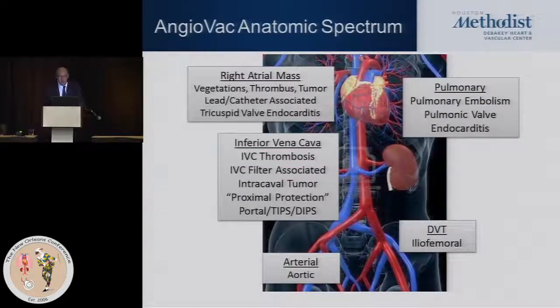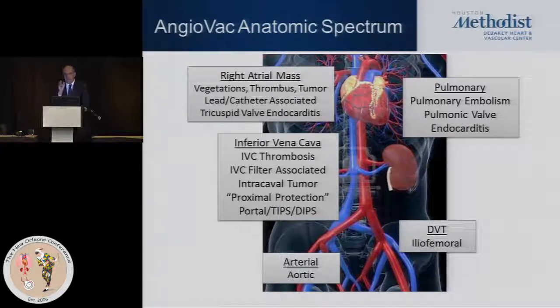So the spectrum in which it can be used really includes right atrial masses, vegetations, thrombi, tumor, tricuspid valve, etc. The inferior vena cava, and we mentioned examples of that. The arterial system, it has been used, very little experience with that, and we'll see how that evolves. Pulmonary embolism, I put that on there because it has been used, but I will tell you that in our experience and in that of others, the device is really